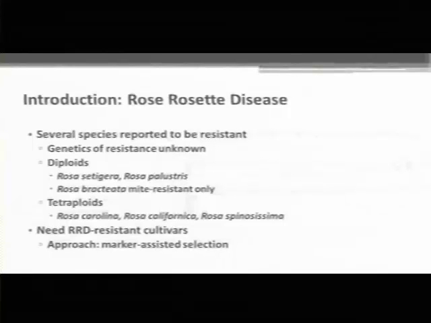It appears to be resistant to the mite that transmits the disease. We can infect it with the virus. However, in nature, the mite doesn't feed on it. We're not really sure why. It might have something to do with the presence of trichomes around the mite's feeding area, but we're not really sure about that. So there's a definite need for rose rosette disease-resistant cultivars, unless we want to plant these 5